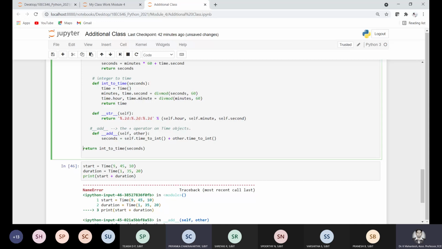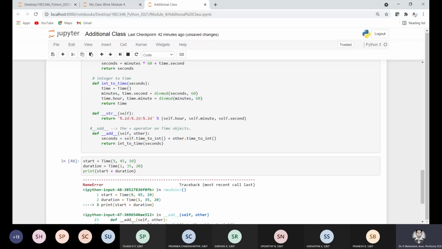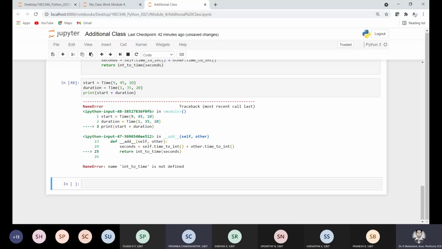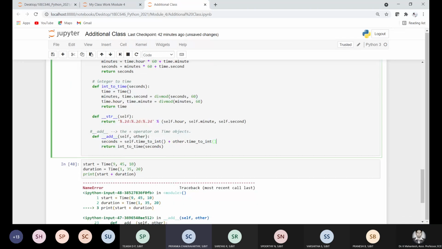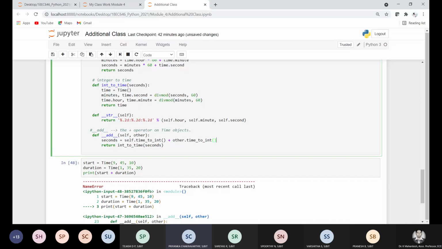You mean to say here, right? No, sir. What I am saying is, it says name into time is not defined. I think it is referring to it as into time, saying there is no such variable. So what I am saying is,